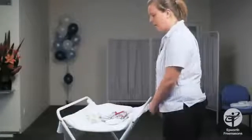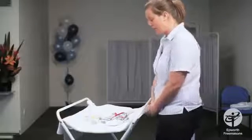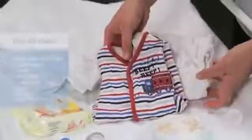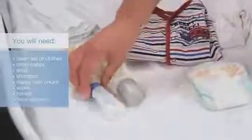Okay, so we're going to do the bath, and we just want to make sure we've got everything we need on hand ready for when we bath the baby, so we never have to leave the baby unattended on the change mat. First of all, we'll just make sure we've got a clean set of clothes for the baby, perhaps a jumpsuit and a singlet, clean nappy for after the bath, products for the bath, one being some soap that